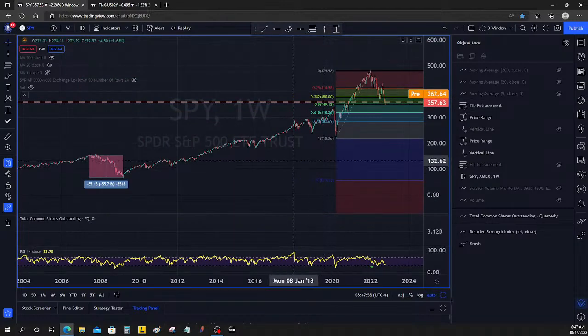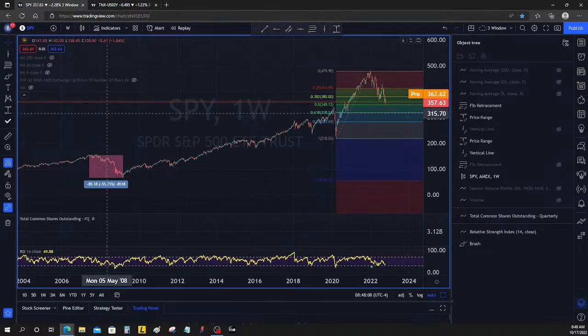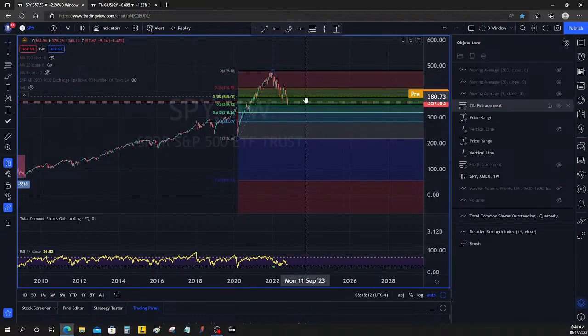It's not out of the question for us to, if we break down below this 218, which is not out of the question by any means, once this yield curve starts to normalize again, and I seriously doubt we're